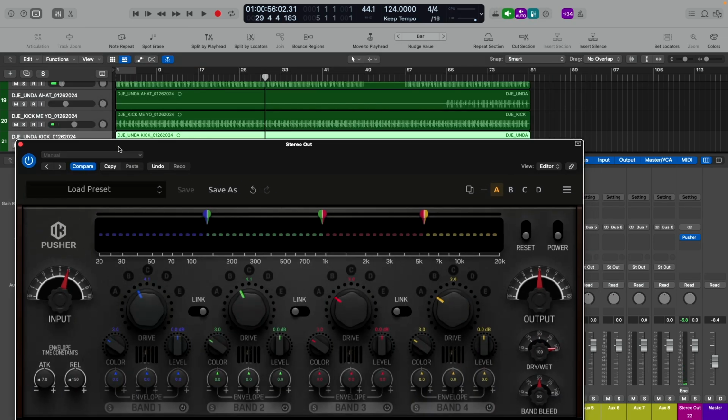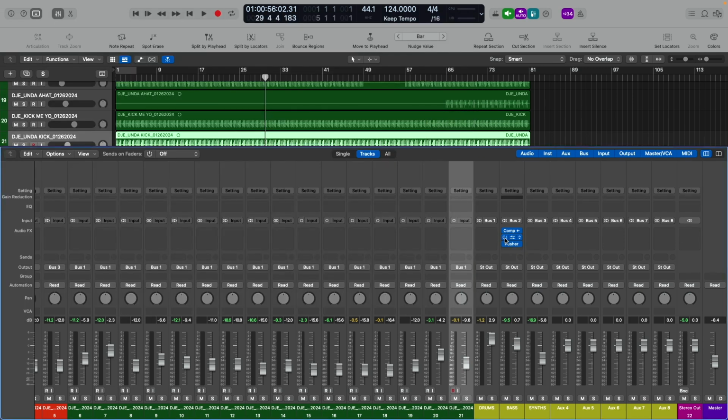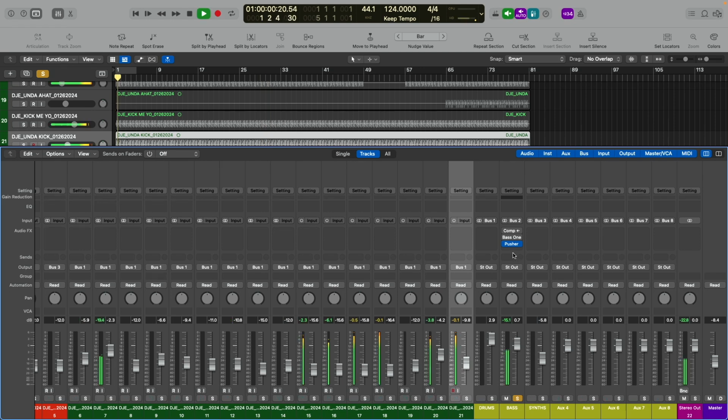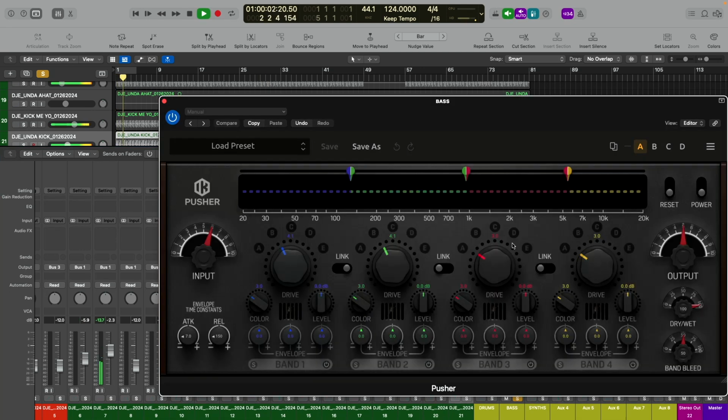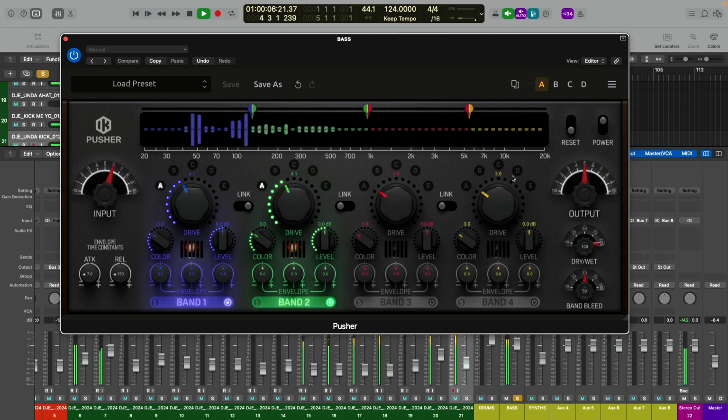So then even if we decided to say, you know what, I don't like this over the overall mix, we're going to just put it on the bass, right? So let's turn these off. Okay, so now we're going to just roll with the bass. And now crank this up. See, now you can really